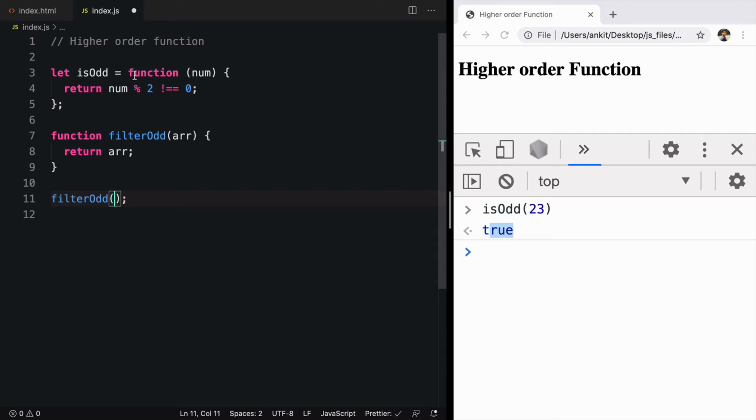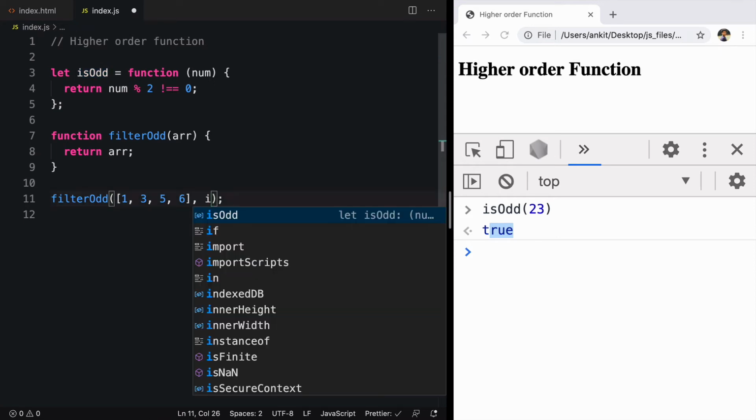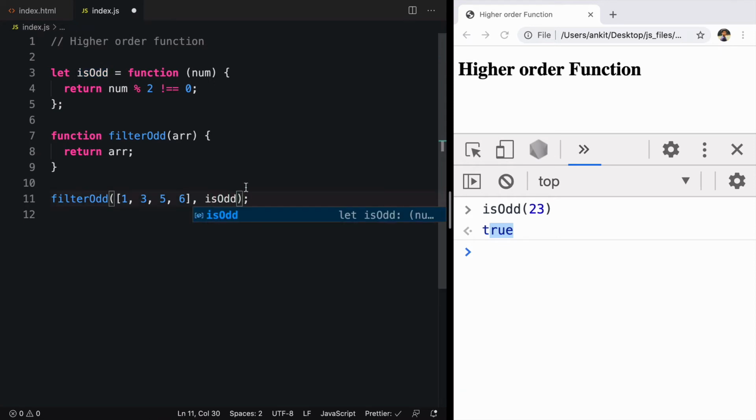Obviously we can, because a function is an expression and the rule only says that as an argument you can pass an expression inside a function. So here I'll pass an array 1, 3, 5 and 6. What if I want to pass a second argument? And that argument can be a function. So I can pass isodd.